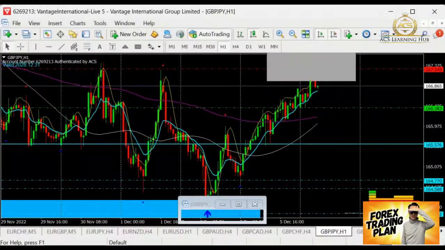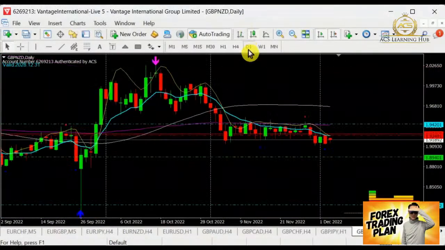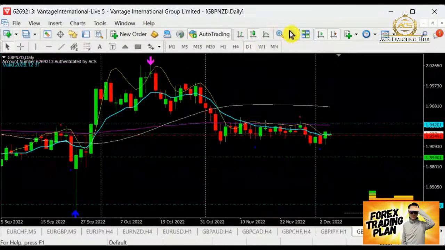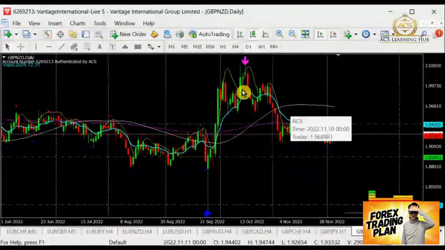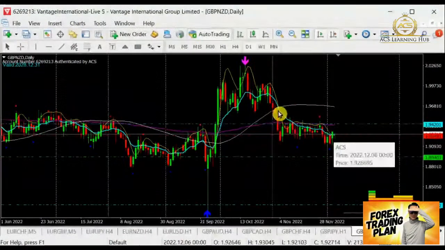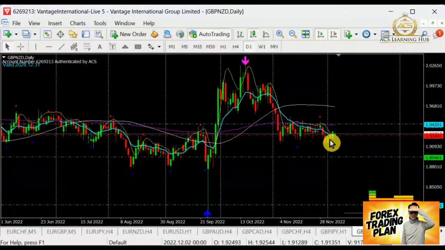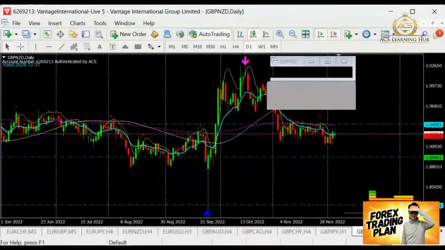Pound Kiwi. So Pound Kiwi today, we're actually looking out for a bear, but it's very flat down here. So tentatively, it's some consolidation over here. It looks like this is a point whereby it's accumulation here. So I think the trend seems like it's ending very soon. For the selling trend, we do not know right now. So let's skip this and wait for a better and clearer picture before we take action.